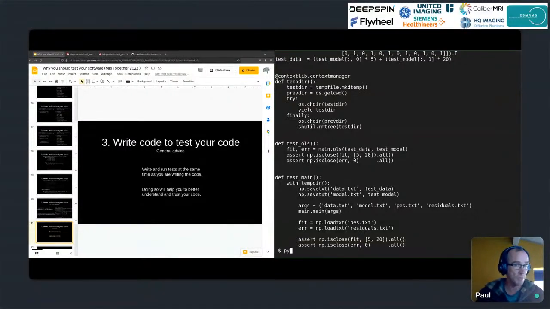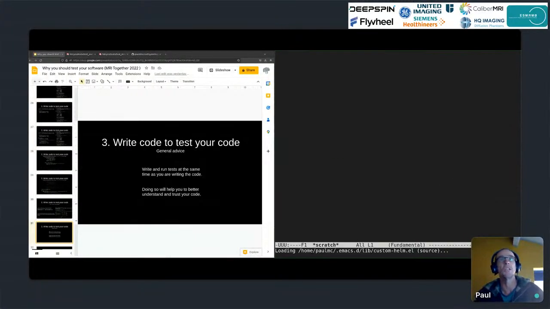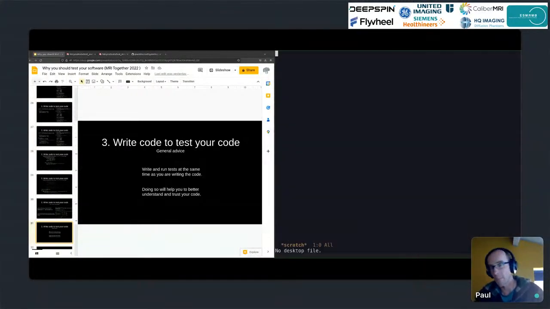I have set up the environment so that I can run PyTest. So I've installed PyTest and I've installed NumPy and so on and so forth. But once all of that is set up, all I need to do is run PyTest, and it will scan through my code, find all of my test cases and run them all. And so what I'm going to do now is show you how easy it is to add additional tests. I'm going to add an additional unit test, which, because this example is so simple,